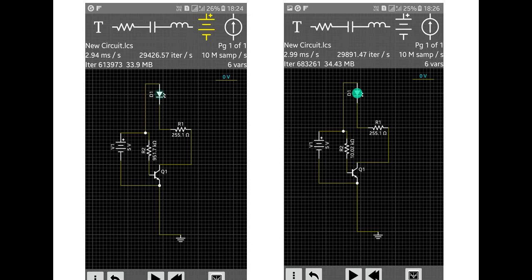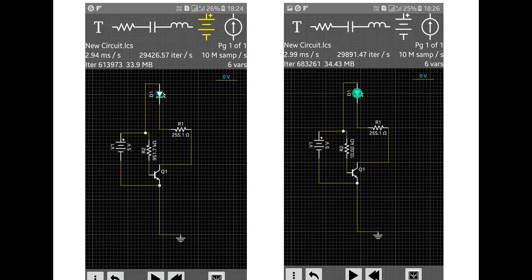Now let us simulate the circuit using the Circuit Safari app. There is a simple transistor switch which is simulated on the Circuit Safari app. In the first screenshot, the LED is off. In the second screenshot, the LED is on. Everything is intact except R2. R2 is nothing but a base resistor. In the left side screenshot, R2 value is 951 kilo ohms. In the right side screenshot, R2 value is 10 kilo ohms.